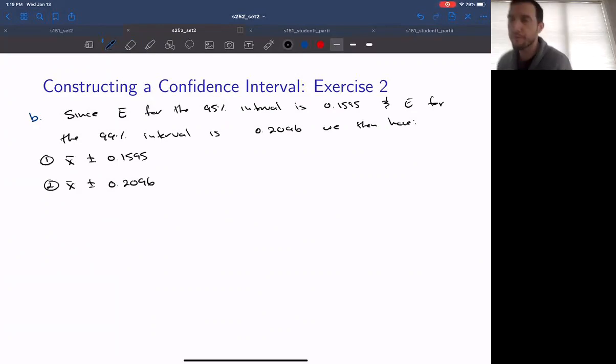So the 95% confidence interval is going to add and subtract a smaller value than the value that is added in the 99% confidence interval. Okay, so this will lead to